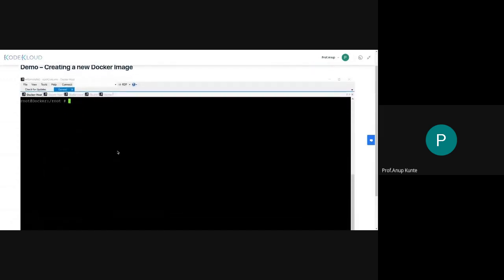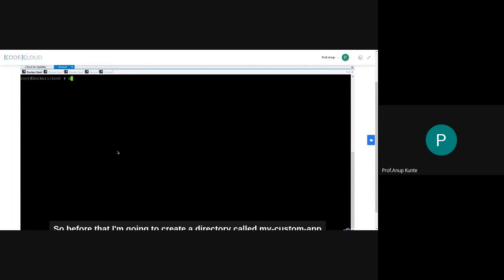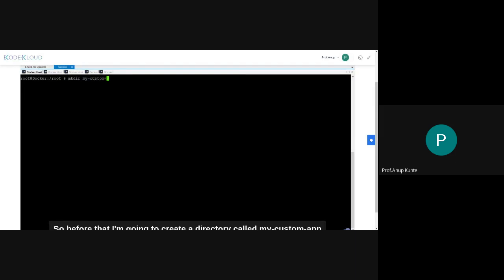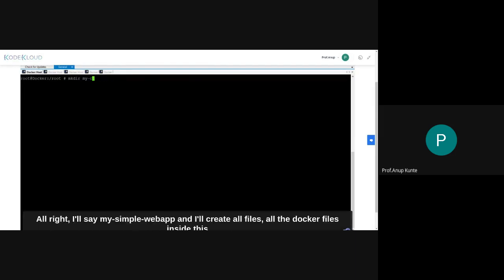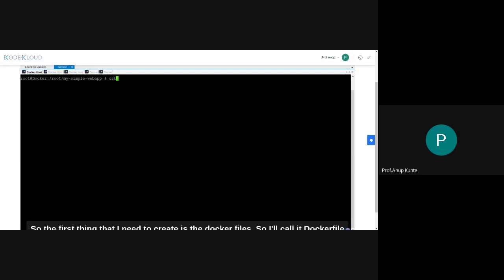So as we saw in the lecture, the first thing to do is to create a Dockerfile. But before that, I'm going to create a directory called my simple web app, and I'll create all the files, all the Docker files, inside this particular directory. So the first thing that I need to create is a Dockerfile. So I'll call it Dockerfile, and if I look at my instructions,